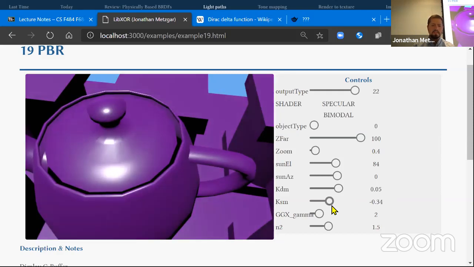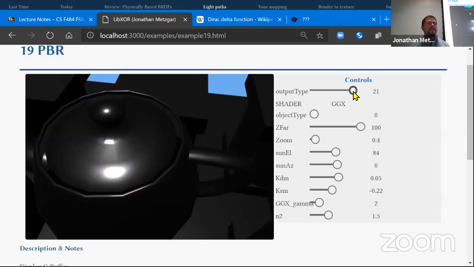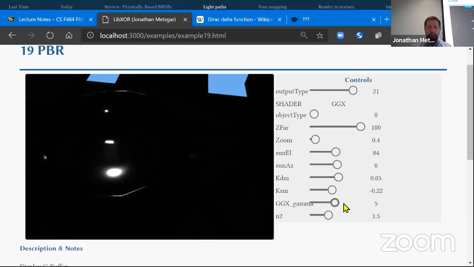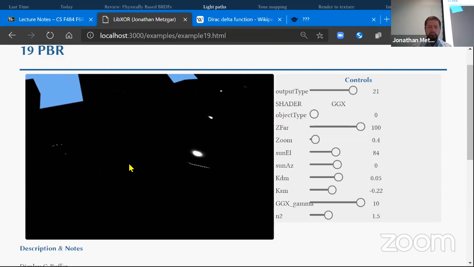Okay, so that's GGX. Now the one thing we talked about then is the Beckmann distribution. Okay, and so we said the Beckmann distribution can be approximated by adjusting the gamma. That we raise it to the power of 2, but if we raise it to the power of 10, then you'll notice that we get these really